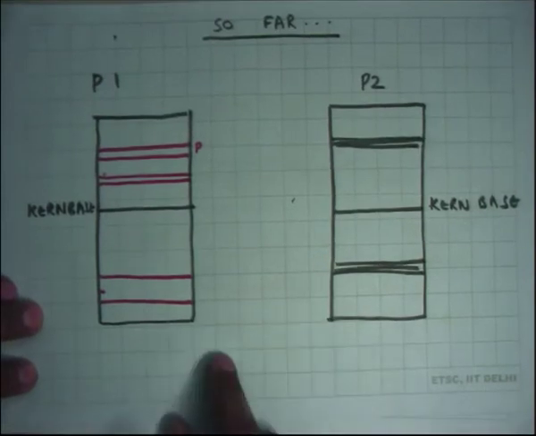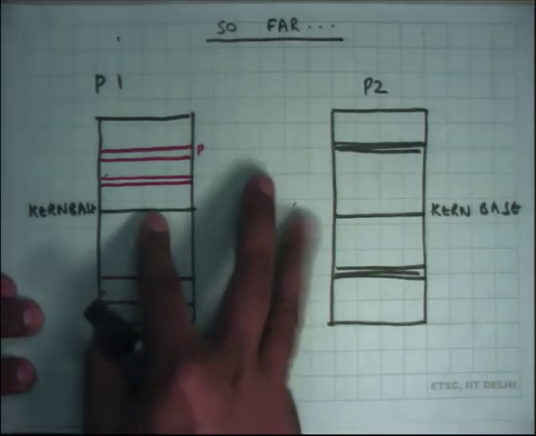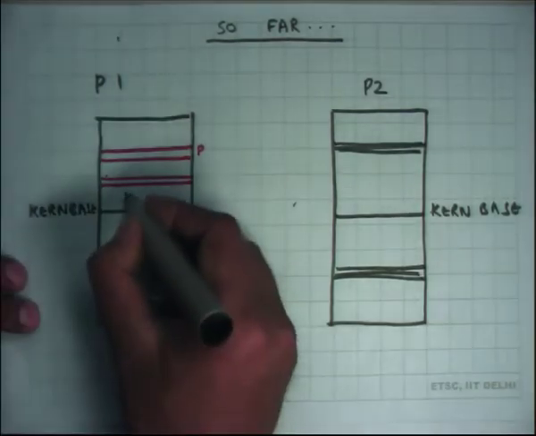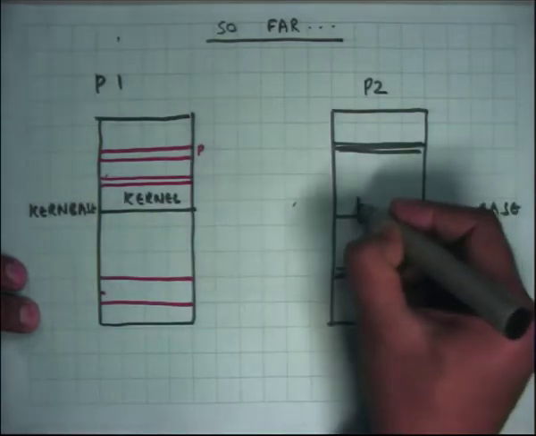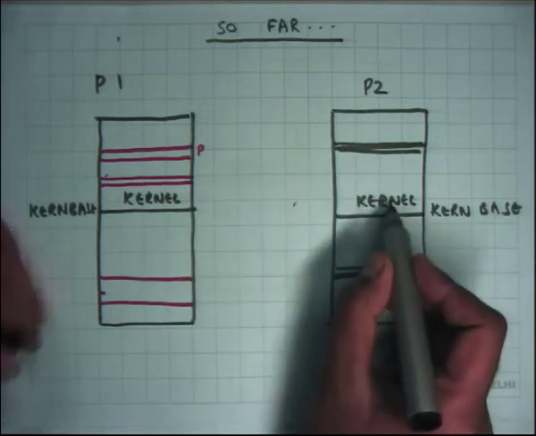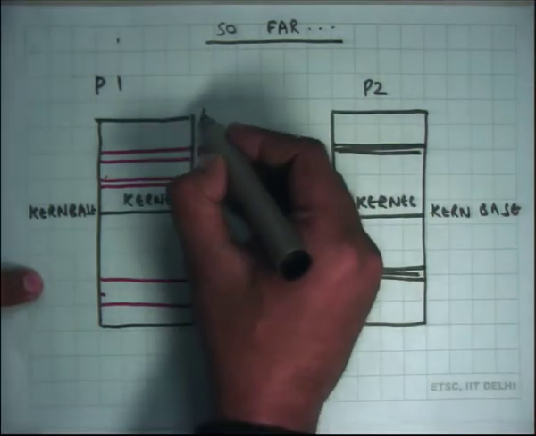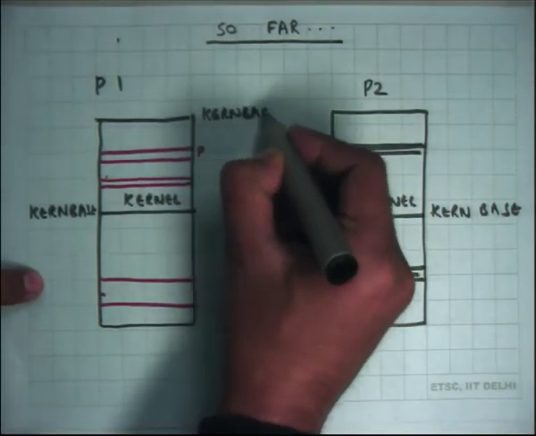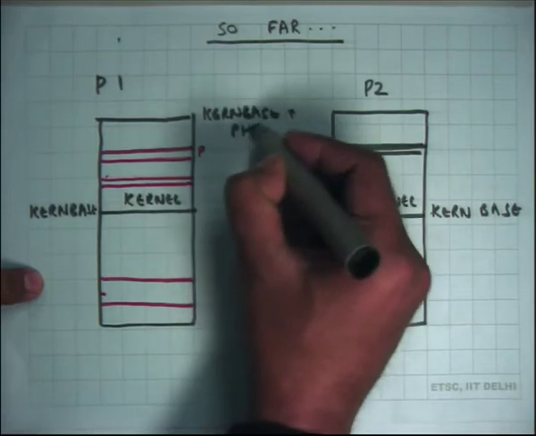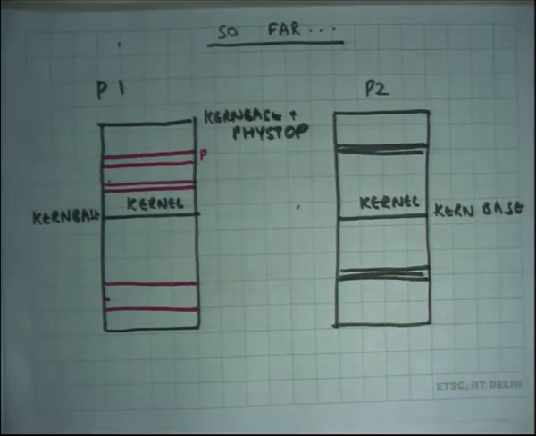If I have to show this in more detail, let's say there were two different processes, both of them will have the same kernel mapped. So let's say this is kernel and kernel. Above KERNBASE they have the same area mapped identically, from KERNBASE to KERNBASE plus PHYSTOP, same thing. So the entire physical memory is mapped. Of course the process cannot access it directly because these are privileged pages, and only code that's executing in privileged mode can ever touch these pages, right.